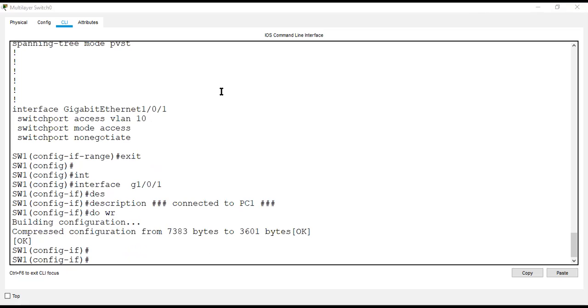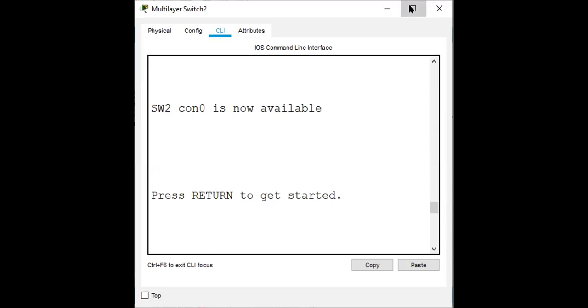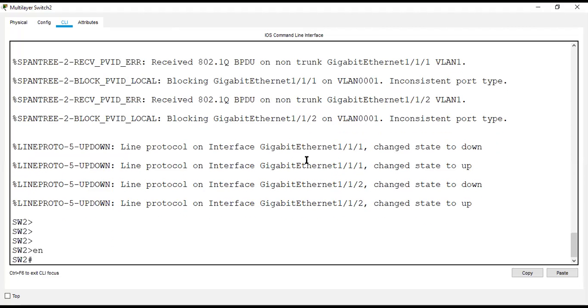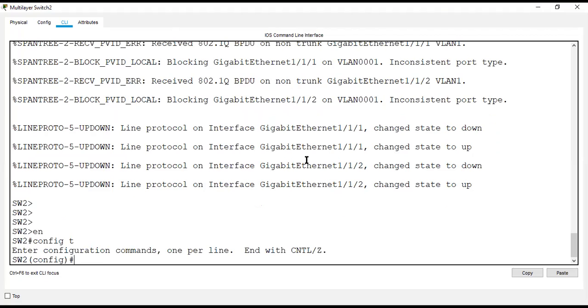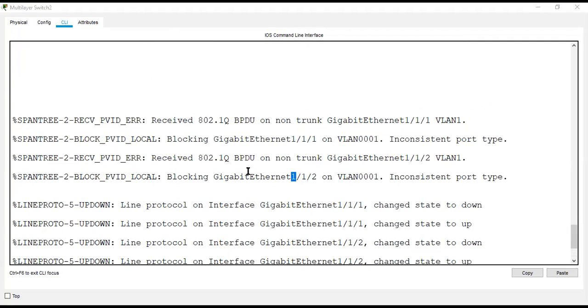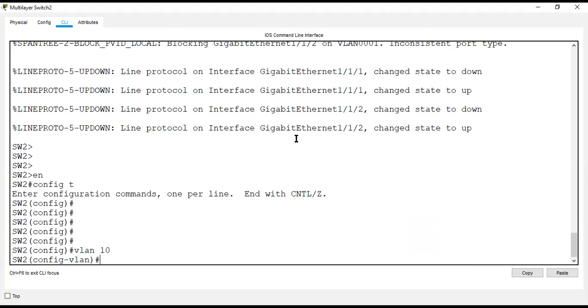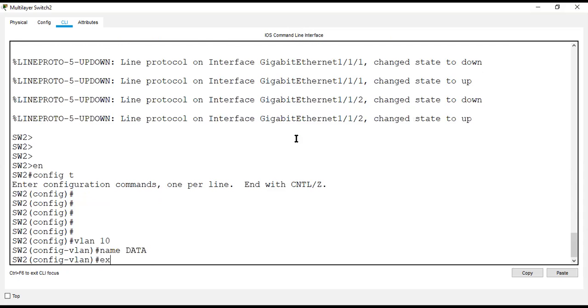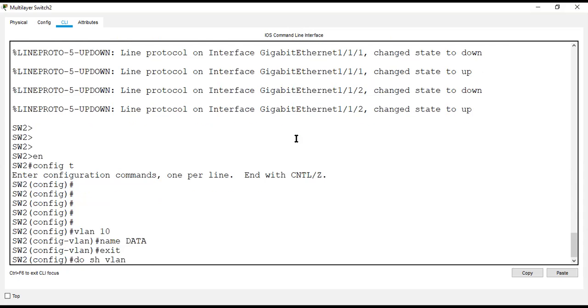So let's access the second switch. Enable, config t. So you can see port number 2 is up. We don't have a VLAN here, so VLAN 10, name data, exit, do show VLAN.